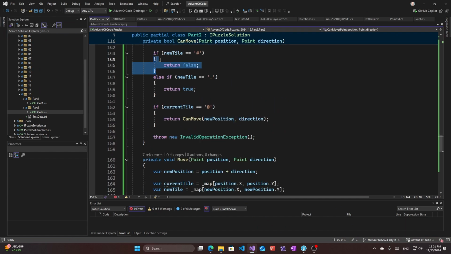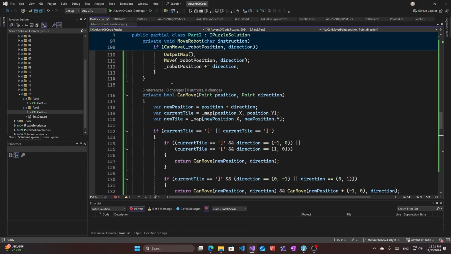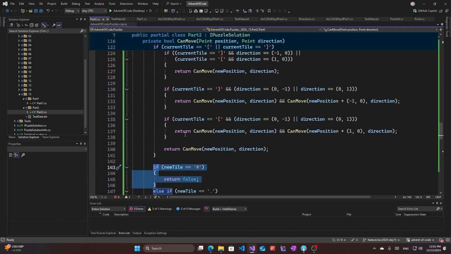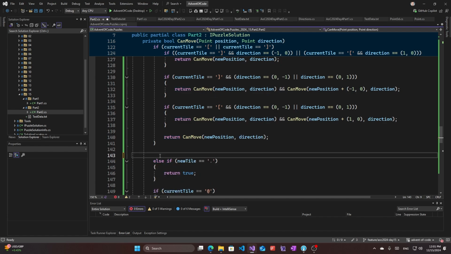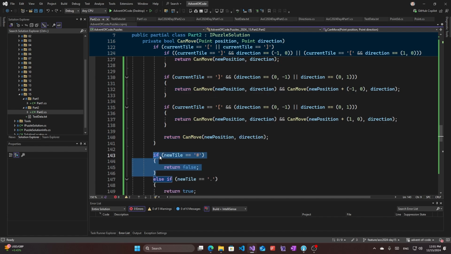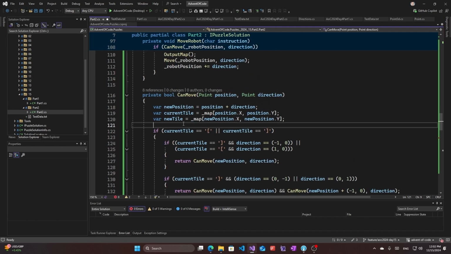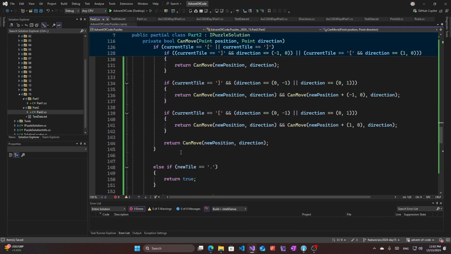Right. If we're checking if we can move right, so order of the logic. If the new tile is